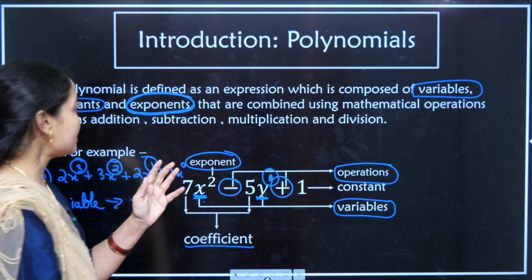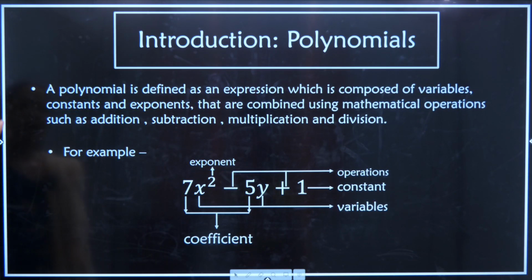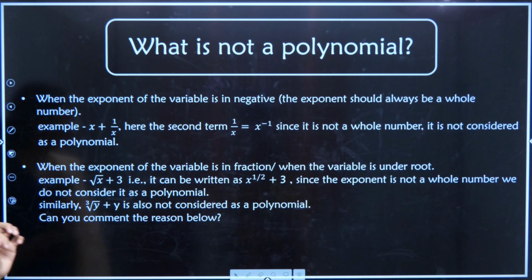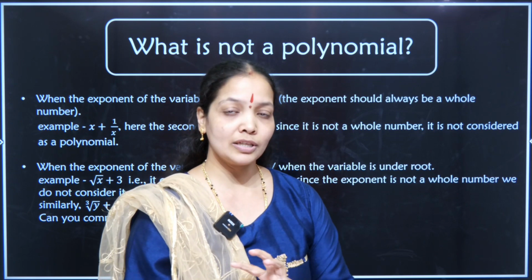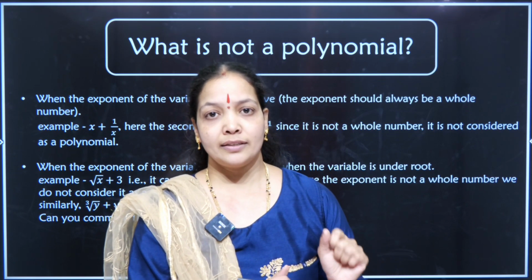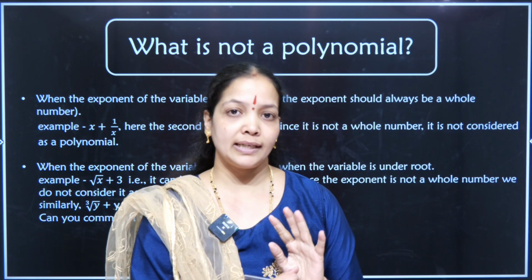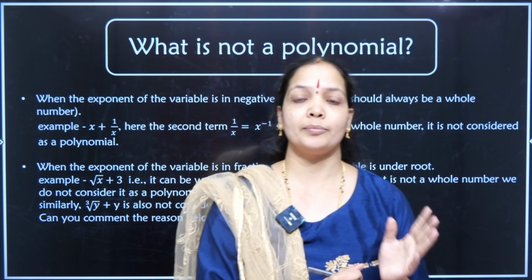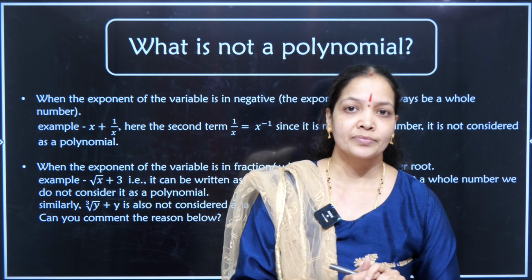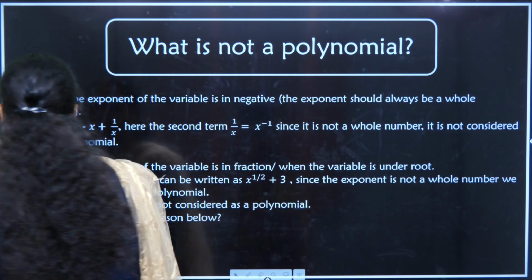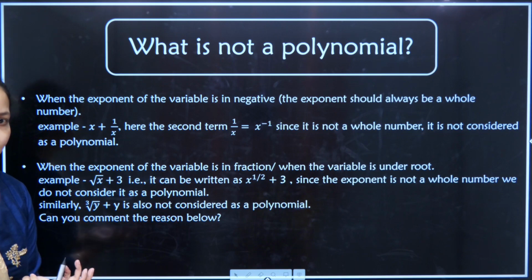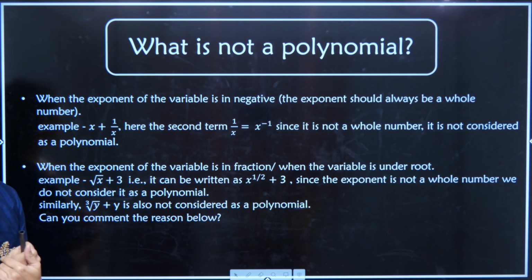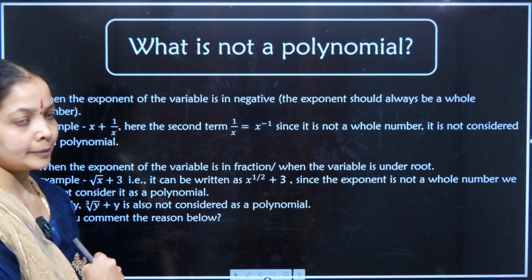Next, in the coming slide, we will be learning how to analyze whether the given expression is a polynomial or not. Till now we have learnt how a polynomial looks and what we need to analyze whether a given expression is a polynomial. But now if the equations are given in weird formats, such as with negative terms or rooted terms and various other things, how do we analyze whether it's a polynomial or not? We have certain rules for it.